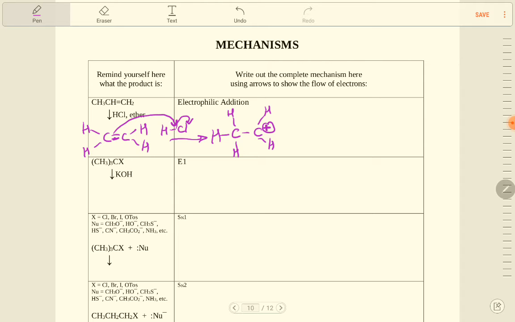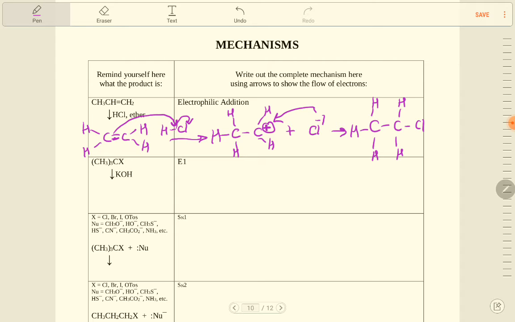Carbocation forms, and then nucleophile is going to attack this carbocation, and that is basically addition reaction. Did I say nucleophile? No, this is addition reaction. Alright,